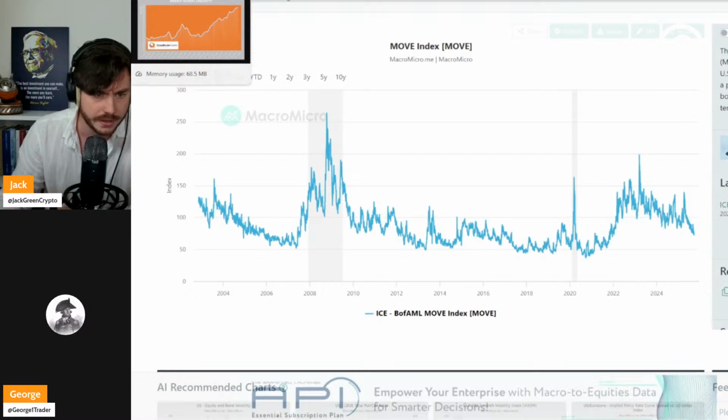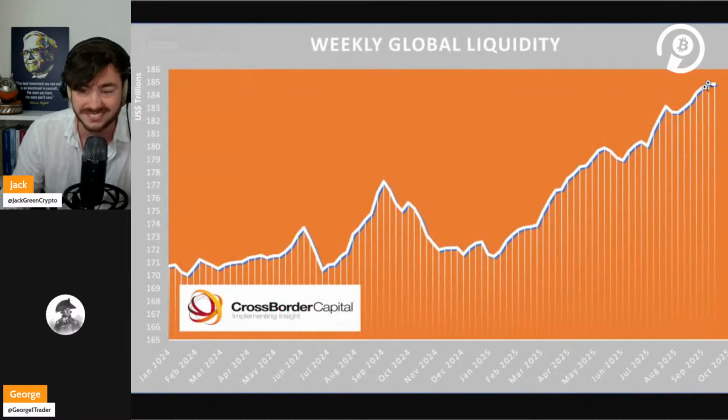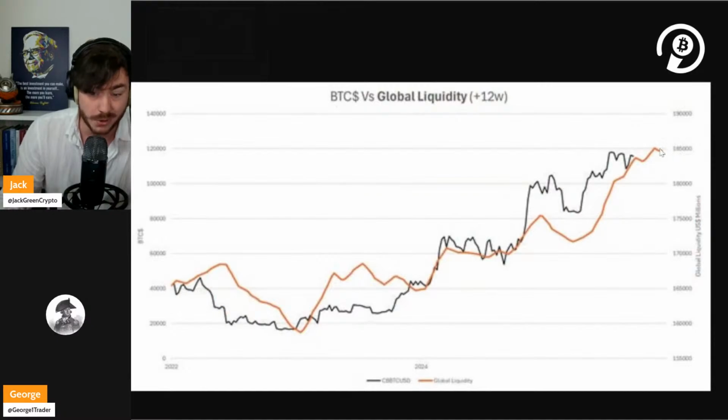What else did I prepare here? So yeah, this is a little bit more zoomed in. So how can you use it? As I said, with the 12 or 13 week lag. So as you can see here, since global liquidity is not moving upwards exponentially, let's say, Bitcoin price, according to global liquidity, should top out at 120K, which is only about 2, 3, 4% from here. So this is not super reassuring.